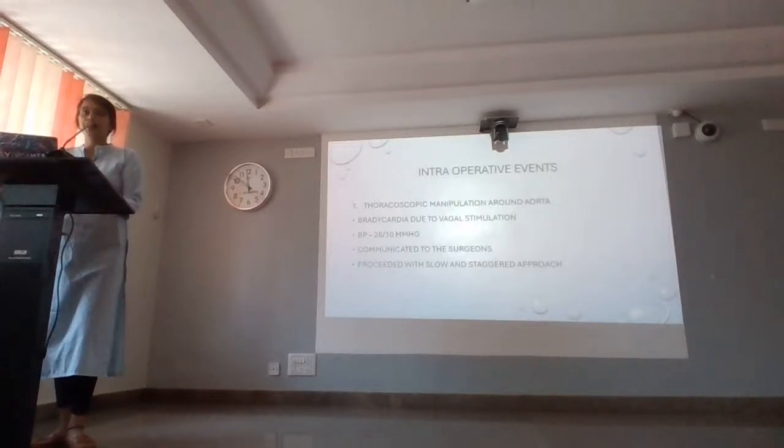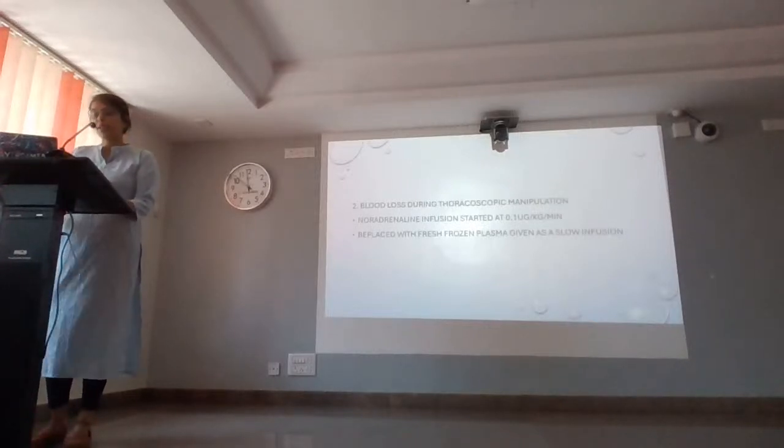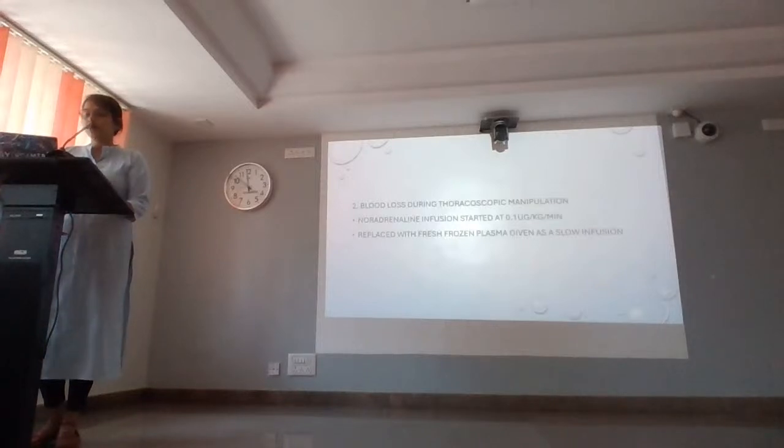This drop in the heart rate caused a severe drop in the blood pressure to 26/10 mm mercury. This was immediately communicated to the surgeons and we proceeded with a slow and staggered approach. Another event that happened was there was blood loss during the thoracoscopic manipulation. So a noradrenaline infusion was started at 0.1 microgram per kg per minute, and whatever blood loss happened, we started